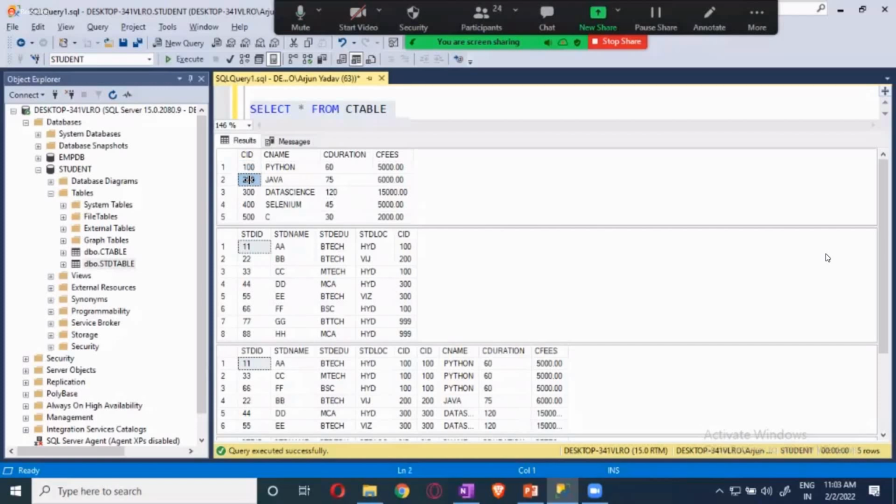And whoever has taken Java, data science, these two are not taken by any of the students, right? This information will also be presented because this is right centric. This information will also be presented, but based on these course IDs, no student is available. So you will be getting null over there.